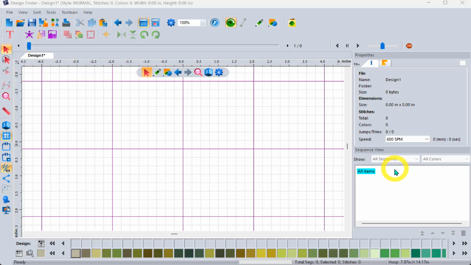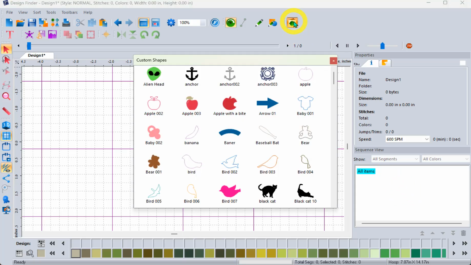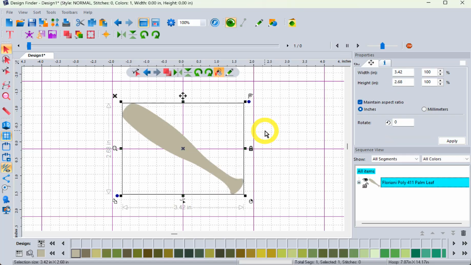This video is all about the sequence view area and how you can use that to take control of the colors and objects in your embroidery designs. And so perhaps to get started, I will click on the custom shape library and open up a custom shape